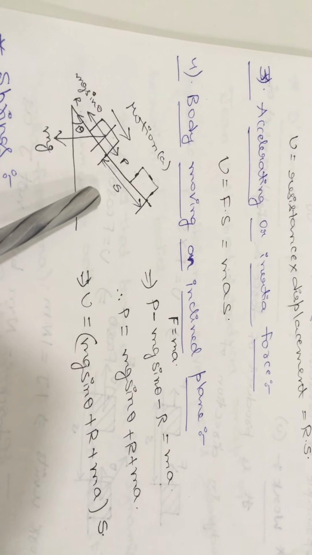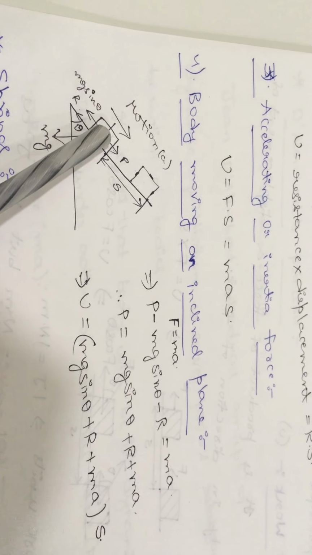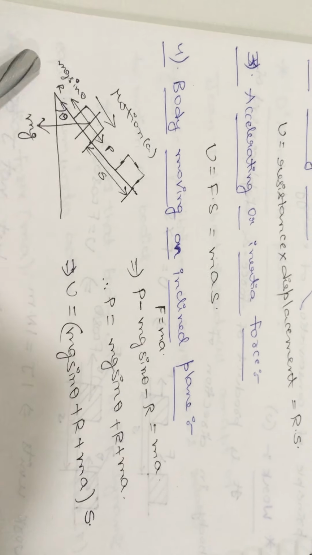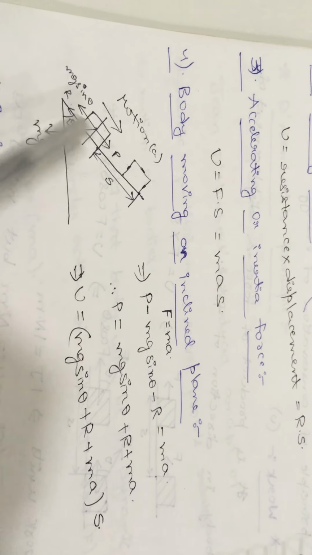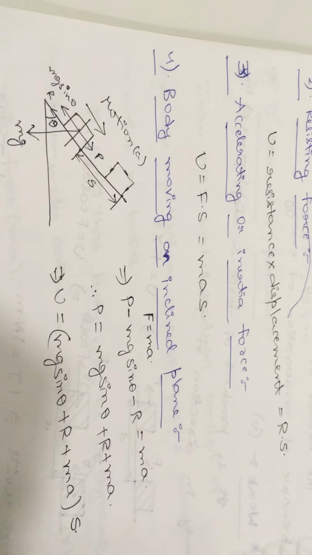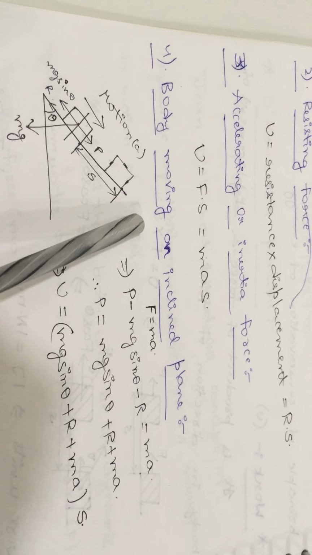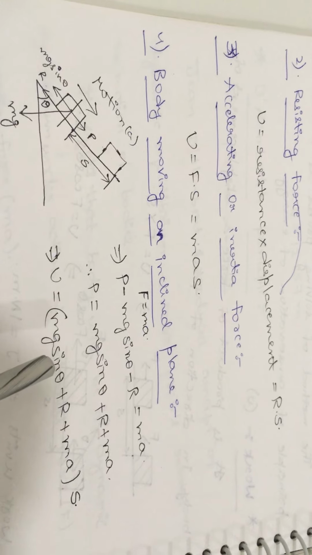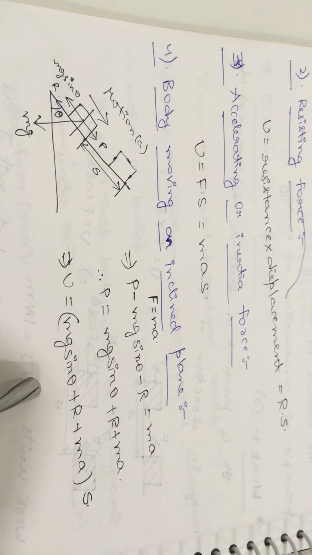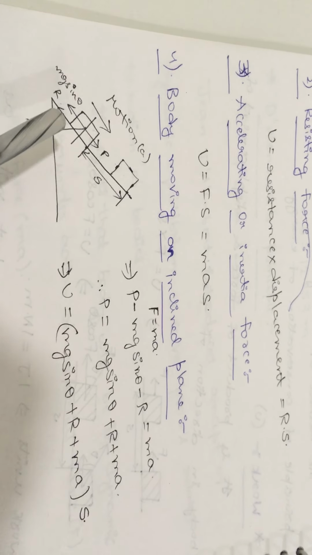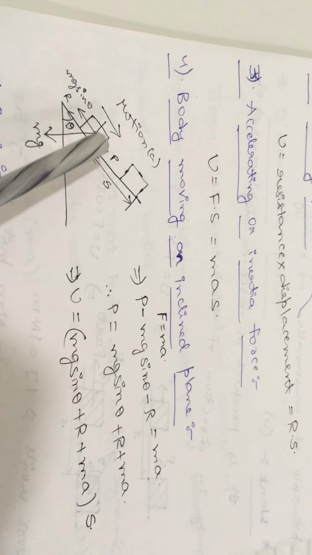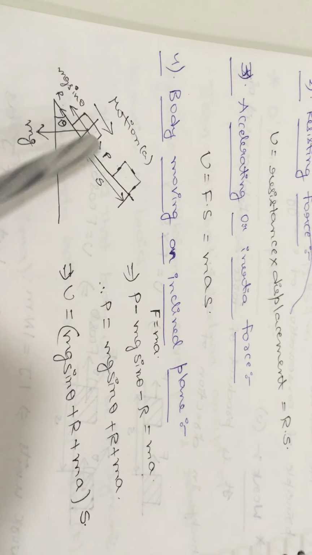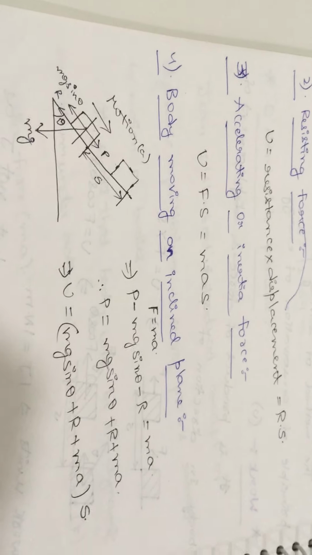Now here everyone observe this diagram. Here one body is there which is on the inclined plane. So it will have some inclination, the theta value. So here we need to consider all the forces which are acting along the inclined plane in terms of the F value in the work done formula. So first of all we will calculate the P force by using Newton's second law, F is equal to ma. Now observe how many forces are acting on this body along the inclined plane.